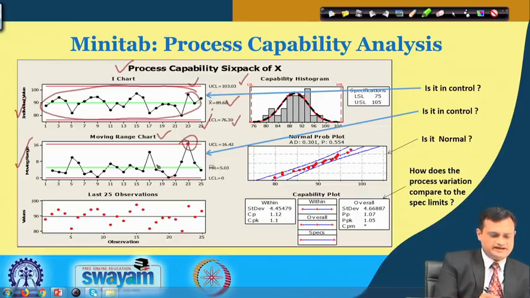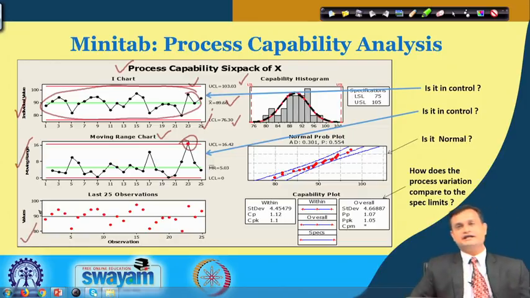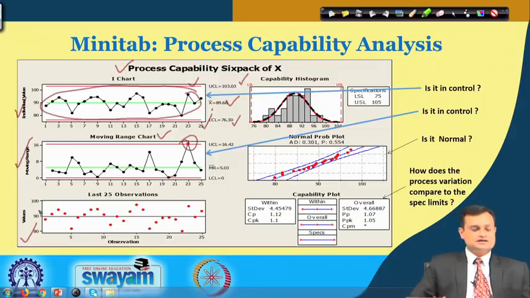Then you have the various observations plotted. This graph gives you an idea of whether your observations follow a random pattern or there is some kind of trend. So, this is your 25-observation chart.